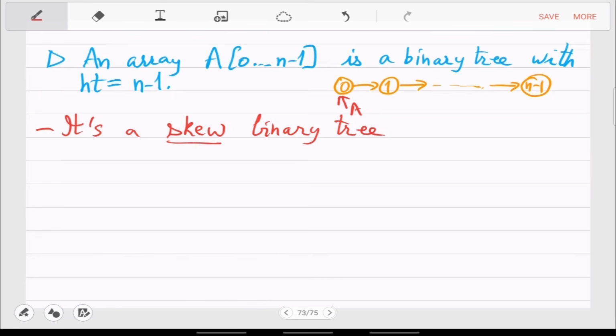This word skew, if you don't know what it means in English, it basically means that at every node in this binary tree, which is drawn in orange, there is an imaginary option here which is left unused. This also should have been used.